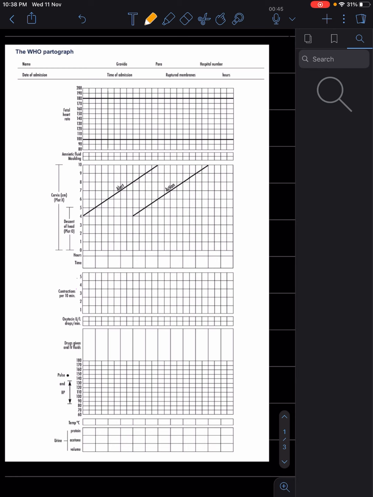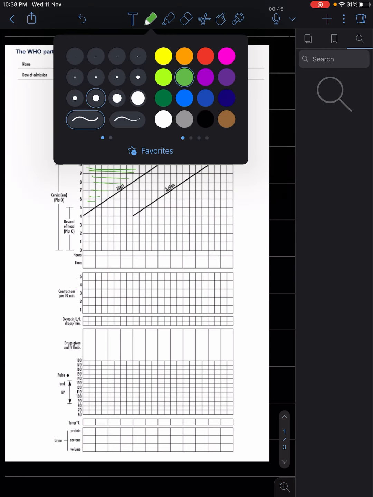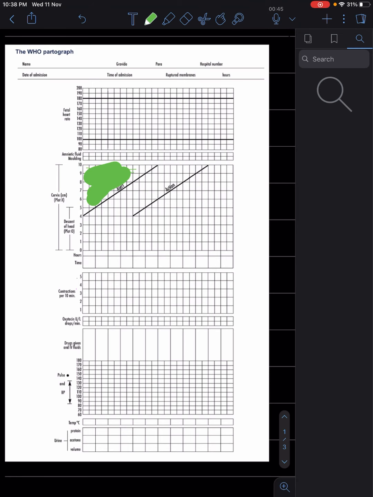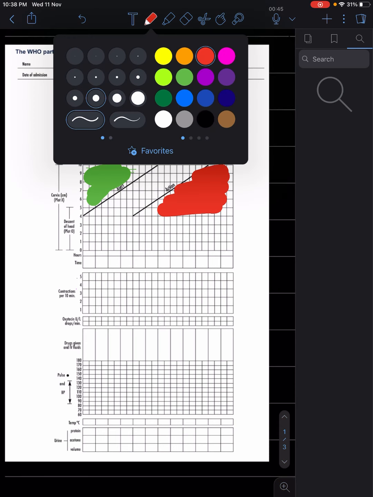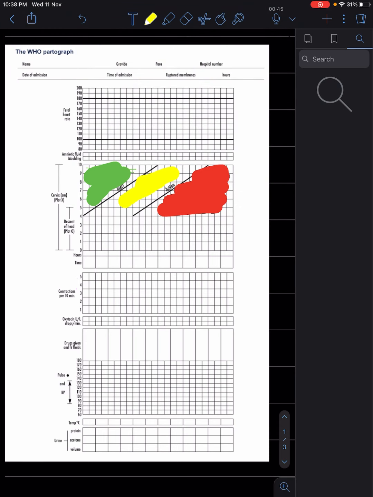So before I go into that, I want to tell you that there is another version of partogram called the simplified partogram, right? In that, it is basically color coded. So the area to the left of the alert line is color coded green, and the area which is to the right of the action line is color coded red, and the area which is in between is color coded amber or yellow. So if someone asks you what is a simplified partogram, it is simply a color coded partogram which has been done to make it a little easier, right?